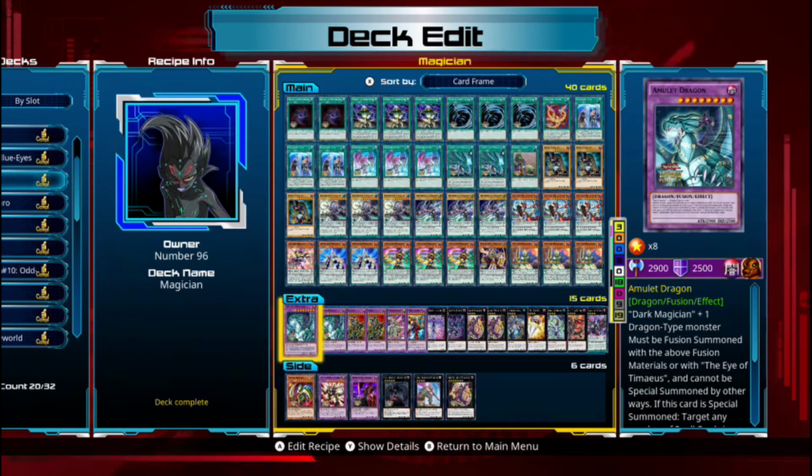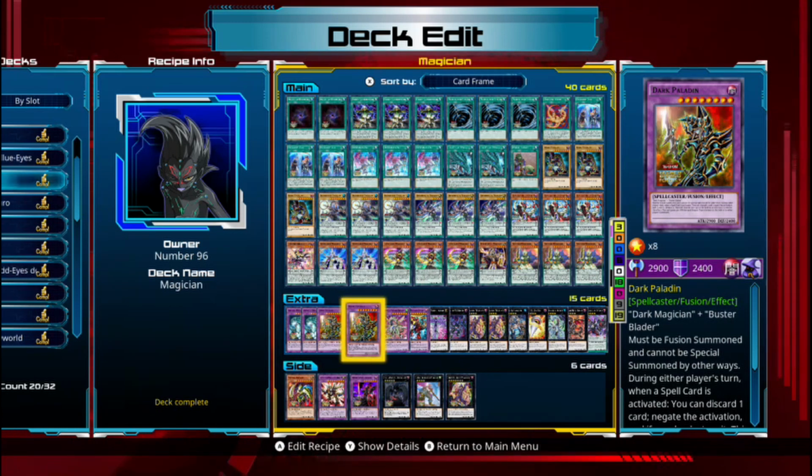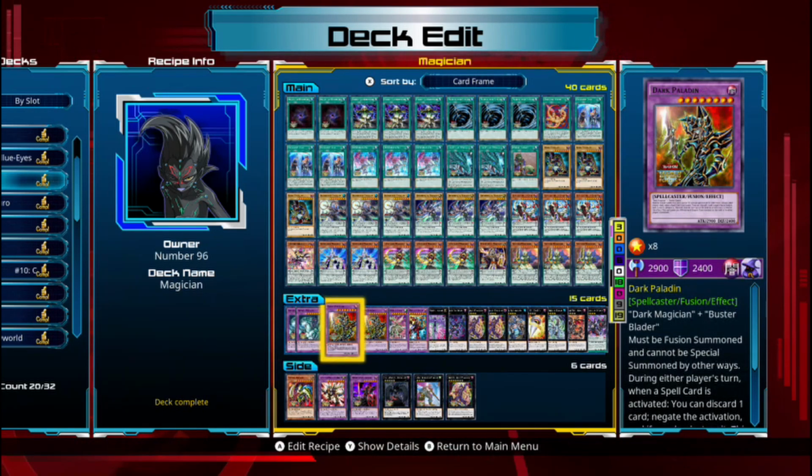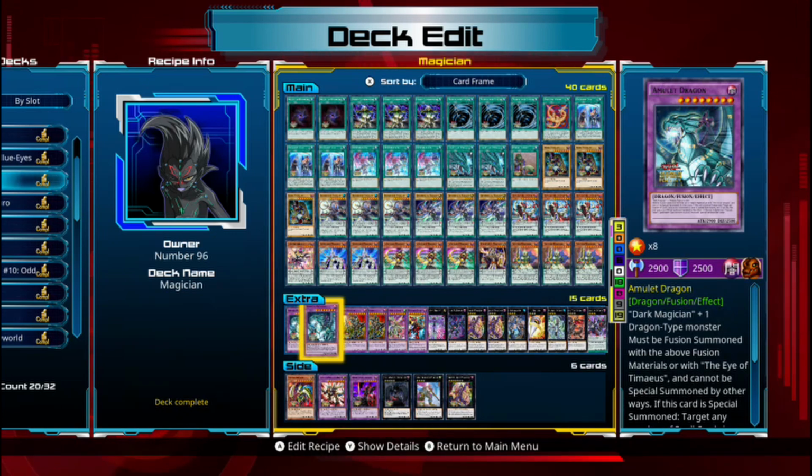So, let's start with our extra deck. We're running 2 Amulet Dragons with 2 Dark Paladins. Now you could say, you have 2 Eye of Timaeuses, why are you running 4? This is just in case we need a second one. Because we run 2 Eye of Timaeuses, we don't want to go Amulet Dragon, Dark Paladin, Amulet Dragon. You can, but this way it just